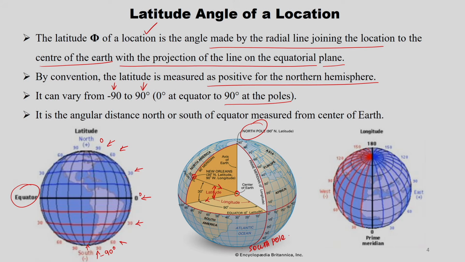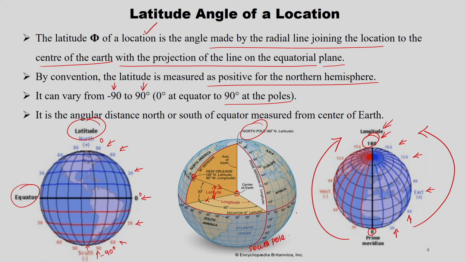Okay. So, this is the way latitude is measured. Latitude is measured from the equator, and longitude is measured from the meridian. So, this 0 and 180 is the prime meridian. From this, 30, 60 and then 90, and then 120, 150 and then 180. So, in this way, east is positive and west is negative. This is how longitude is measured. So, apart from latitude, we also define longitude for the location.